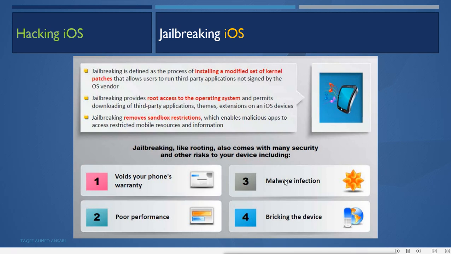Because of those malwares our device can break. When destructive viruses come, they destroy the device hardware, the device gets bricked, and it will be completely unusable. So with some benefits in Apple iOS from jailbreaking, you have lots of drawbacks also.